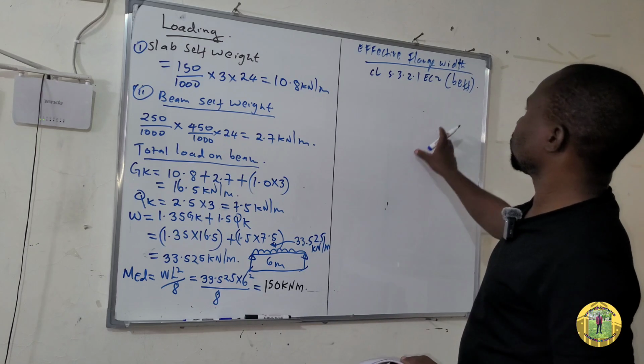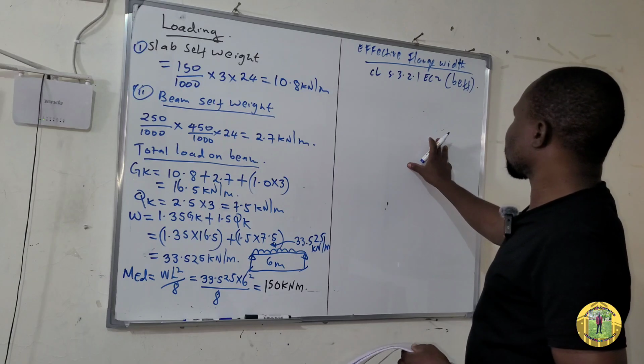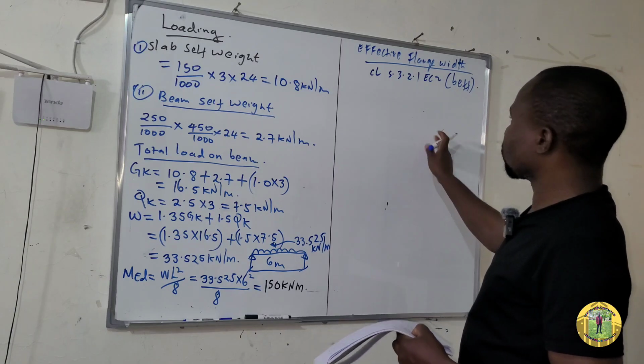So that is the effective flange width. So this effective flange width is given by this formula. So BEFF